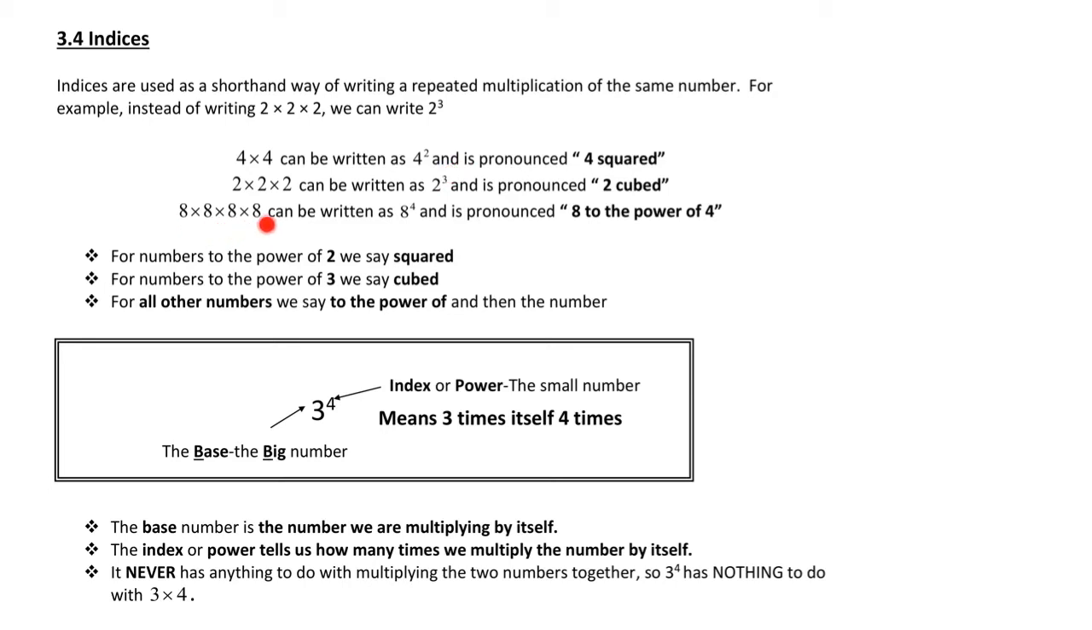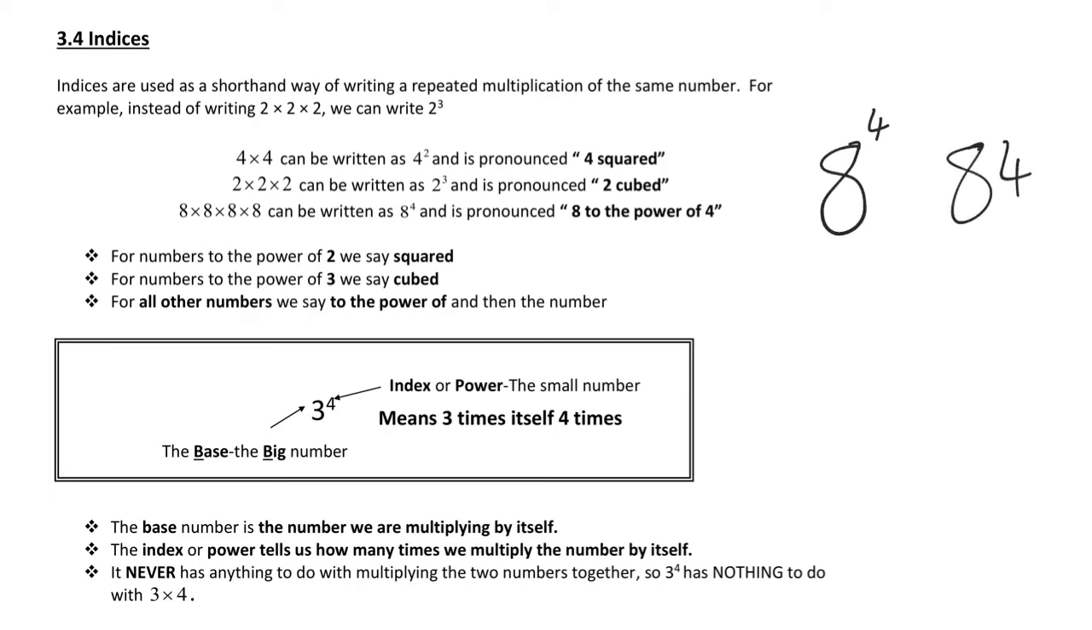And 8 times 8 times 8 times 8 can be written as 8 with a 4 as a superscript, pronounced 8 to the power of 4. And it's important that whenever you're writing it in this format, you make sure it's obvious that it's a superscript. So 8 to the power of 4. The 4 is up high and quite small, rather than 8, 4, because that could obviously be confused